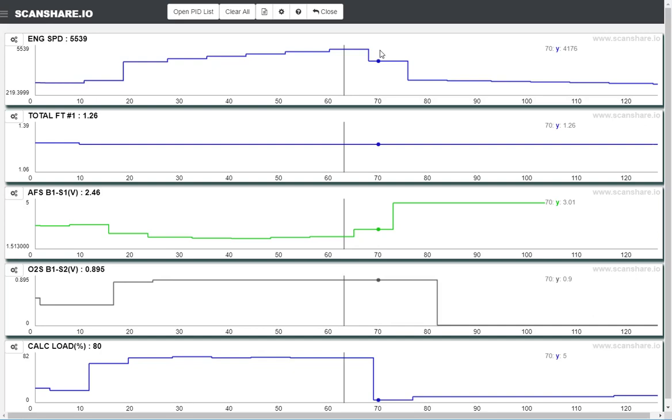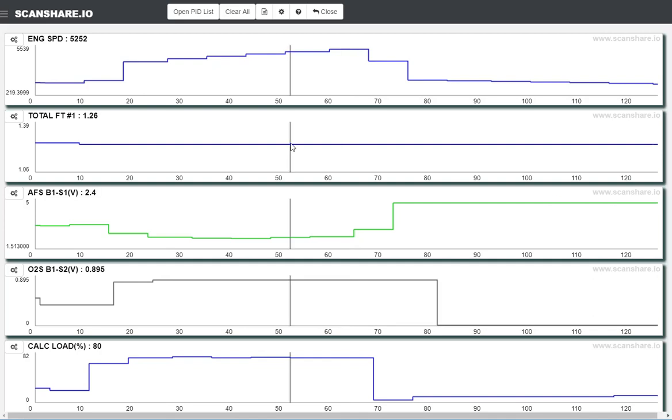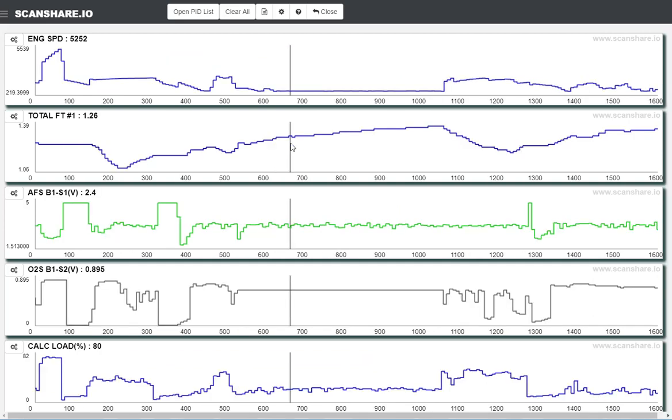So that's what I got from this. Now, I'm not trying to come up with, oh, this part's bad, that part's bad. Right now, all I'm doing is a quick assessment of the data. That's all I'm doing. I may change my mind later, but that's what I'm doing. So let's zoom out and look at another part of the data that